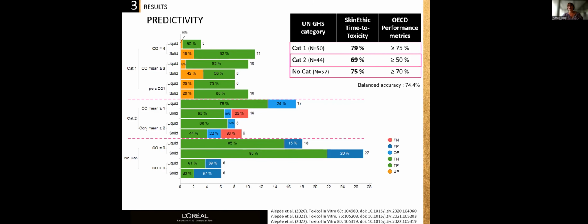And for the orange, those chemicals were under predicted as a Cat 2. And so in red, there are some false negatives for which those chemicals, as a category 2, were under predicted as a no-cat. Overall, considering those 151 chemicals that were evaluated, we reached